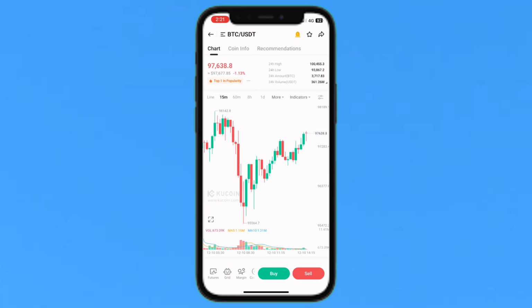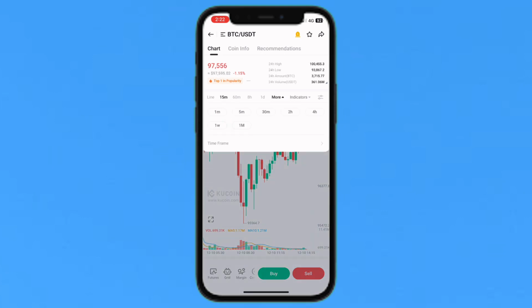So when I open it, here is the trading chart. A green candlestick means that the price goes up, and a red candlestick means that the price goes down. From here, when I tap on this more icon, you can trade for